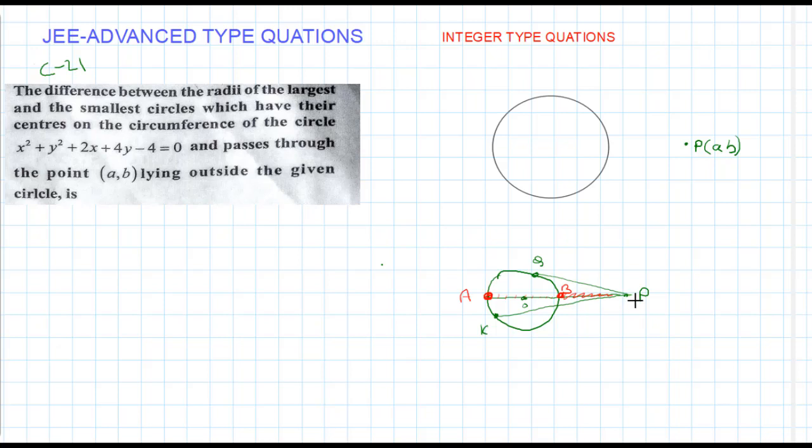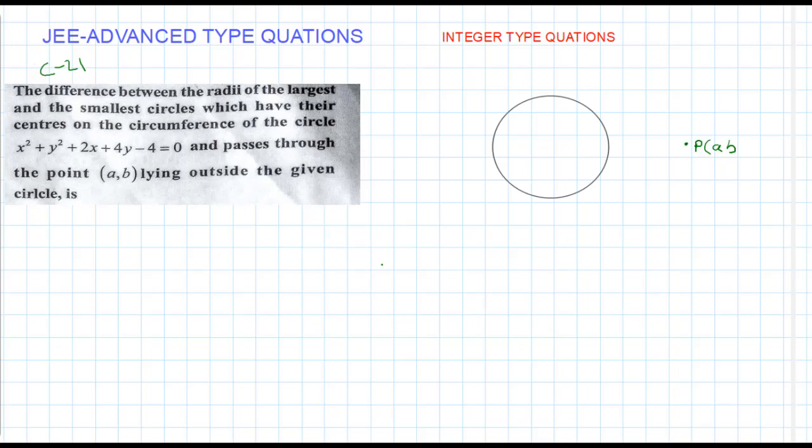So to find the farthest distance from P to the circle, we need to join the center and the given point. We need to extend backward to where that line intersects the circle, that is the required point. From A to P, we get the distance, that is the farthest distance from the circle to the point P, and BP is the smallest distance.